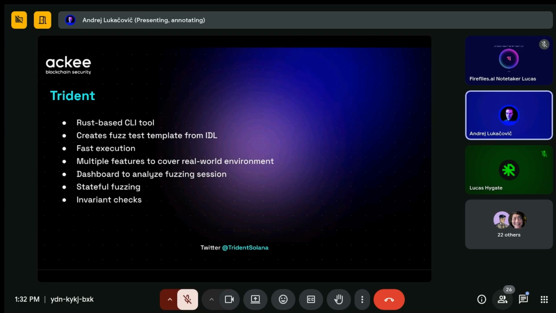The next point is that it generates the template from the IDL. There are already some questions from the foundation, also on GitHub in the issues, whether we support vanilla Solana. In principle, I can say yes, because what is required for the fuzzing is that you need to write the fuzz test and you need to have the program deployed in the Trident SVM. For that, you just need